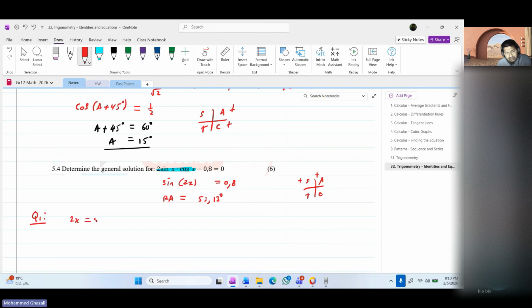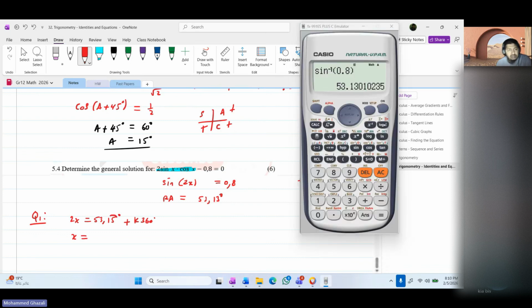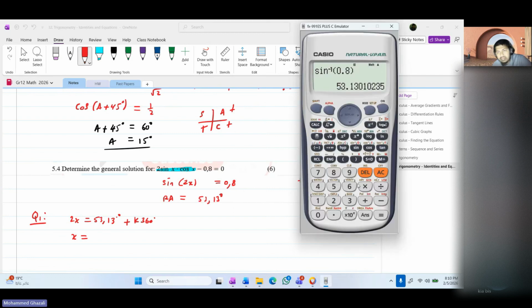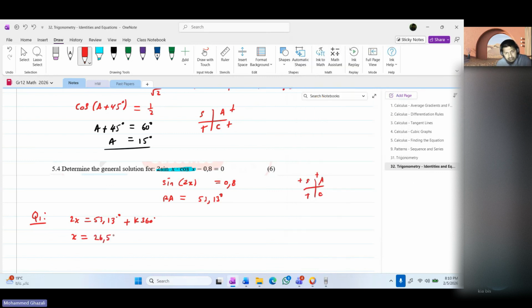2x is equal to 53,13 plus k360. X is equal to 53,13, sorry, it should be 13, not 15. We need to take 53,13 and divide it by 2, which is 26,57, plus k180. Or